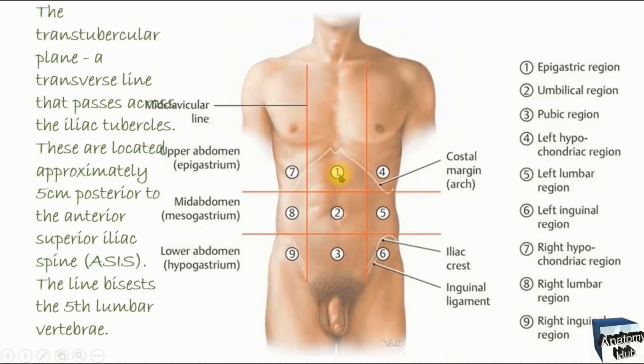and they are mainly the epigastric region, the umbilical region and the pubic region. Then here you'll find there is your right hypochondriac region. So this is hypochondrium. Hypo means below, chondrium means cartilage. So it is your right hypochondrium and it will be your left hypochondrium. And this is actually, you can say, the inguinal region.